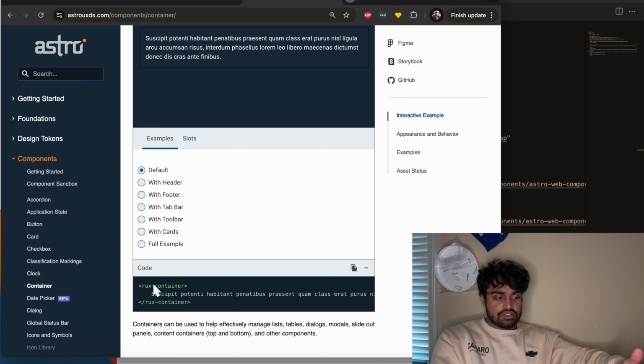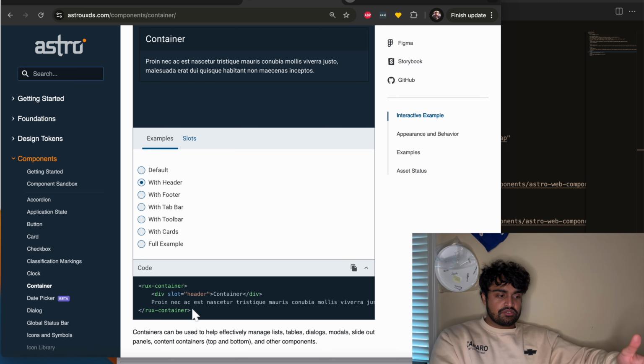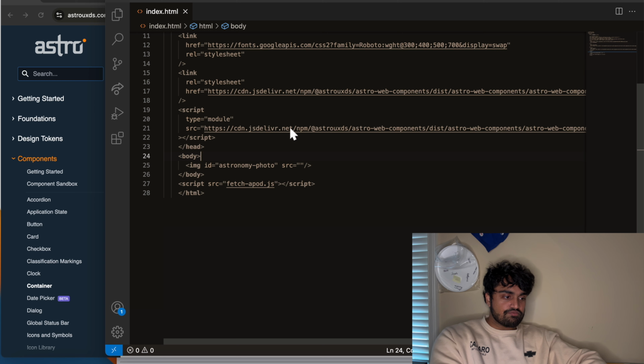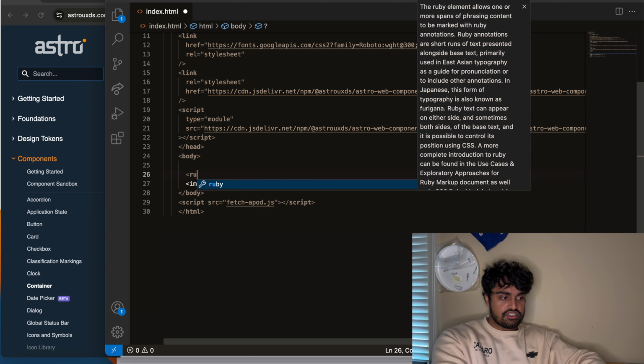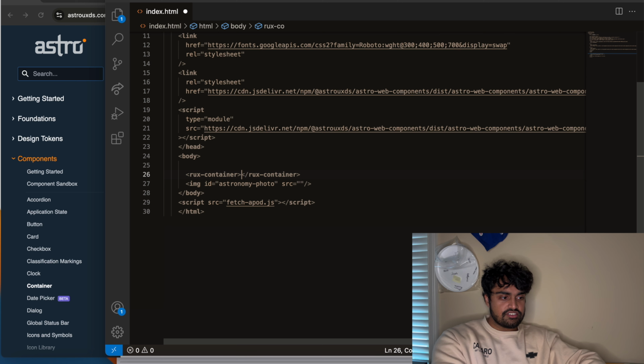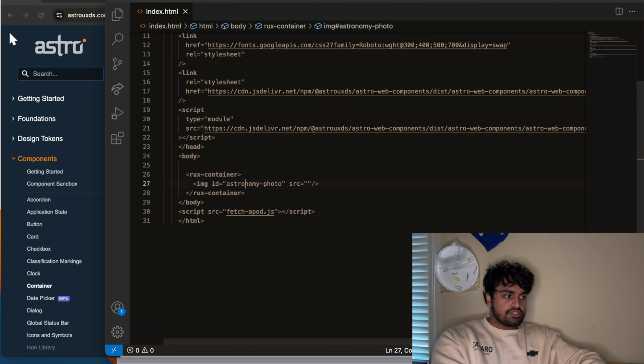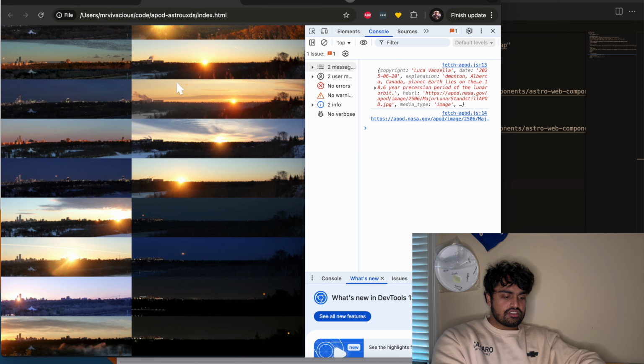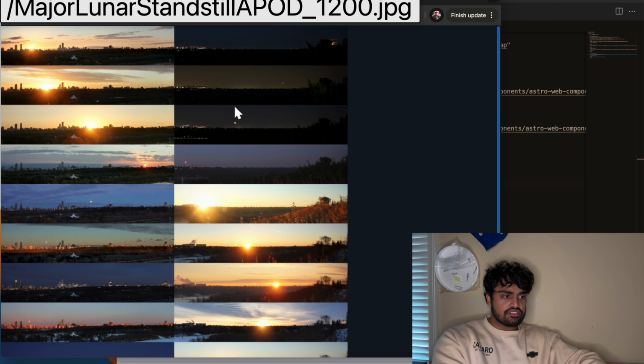And you can even see the code down here. The tag is RUX-container, and with the header, we just add a child element called div with slot equals header. So let's add that to our code. Back here, go to where we put our image and we'll say RUX container. And now our image is in a container. So if we go back to our page,